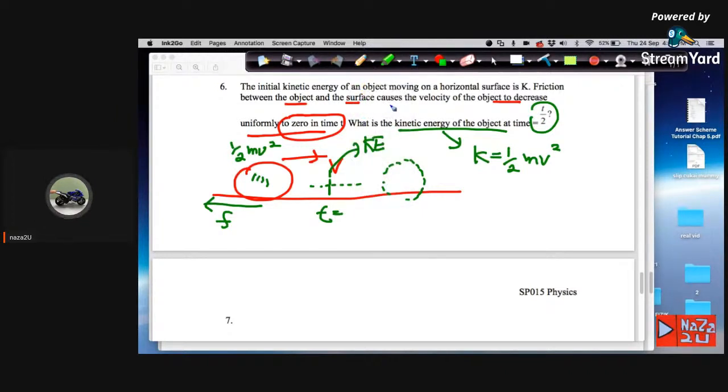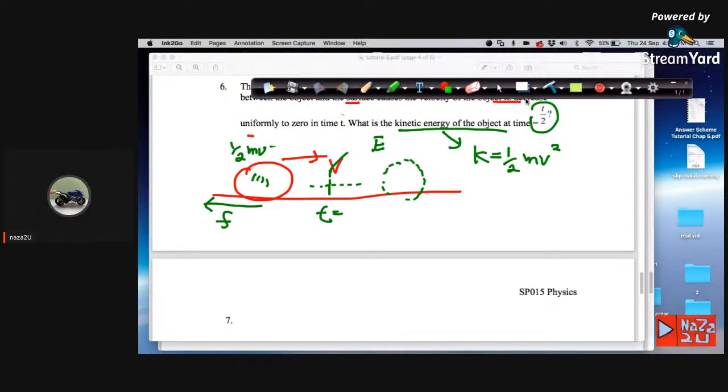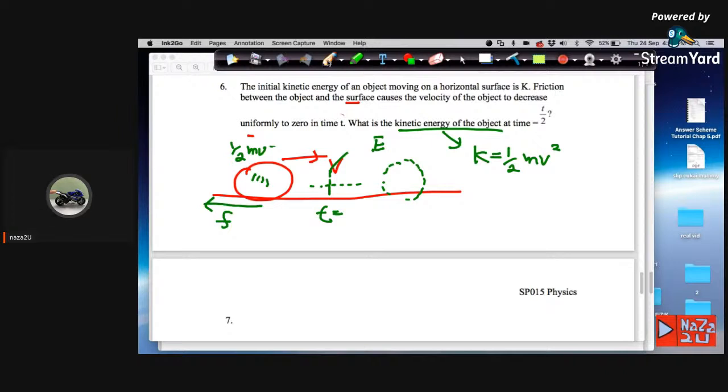If you look at the situation given by the question, the velocity of the object decreases uniformly to zero in time T. This means V decreases uniformly with respect to the time T. So when the time is half, V is also